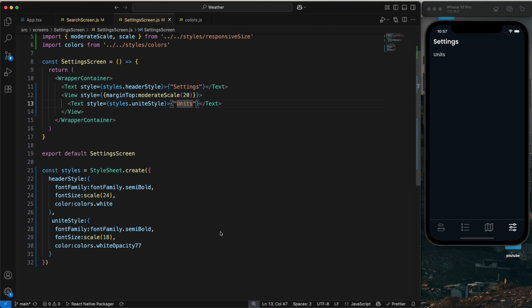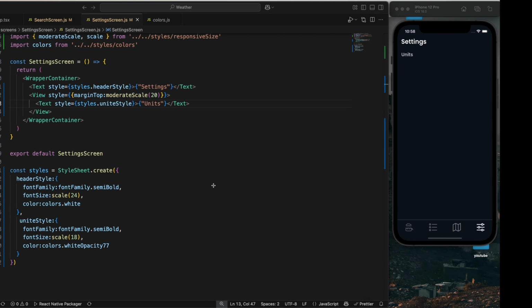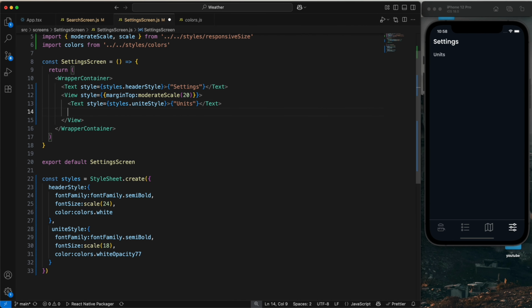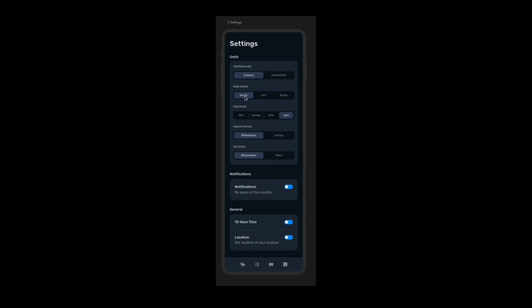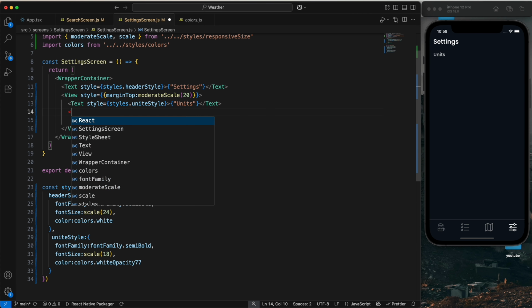After this we need to create this card also. So these are the cards, so let's add the card. So the first card we are going to create. First we are going to design this card, and the first one is temperature, and then wind speed, pressure, precipitation and distance. So first we are going to create the temperature one. So we are going to take one view